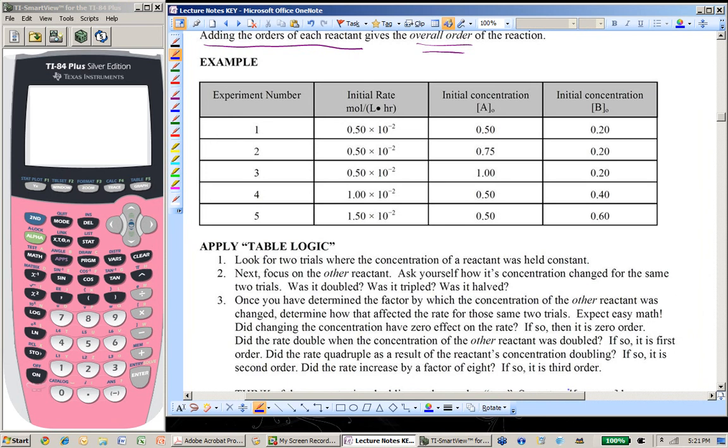So for me, what I lovingly call "table logic," hence the quotes, it's a phrase I think I've coined, but I may have picked it up subconsciously somewhere else. Basically, I'm not going to do a whole lot of calculation and canceling and make this big old mathematical expression that stretches all the way across my page. I am way too lazy for that. I'm going to use the brain the good Lord gave me. So, when you look at experimental data and you have two concentrations going on for two different reactants, in other words, this looks like A plus B yields a product,